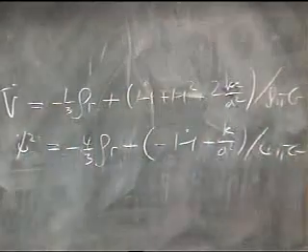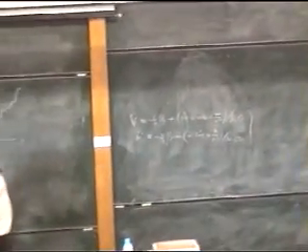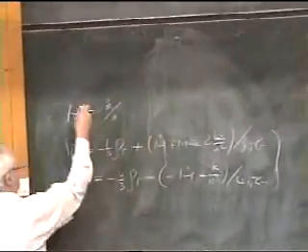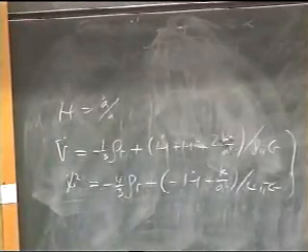You can run the field equations around to get it in that form. And here H is ȧ over a, and Ḣ is the time derivative of that. And what that tells you,